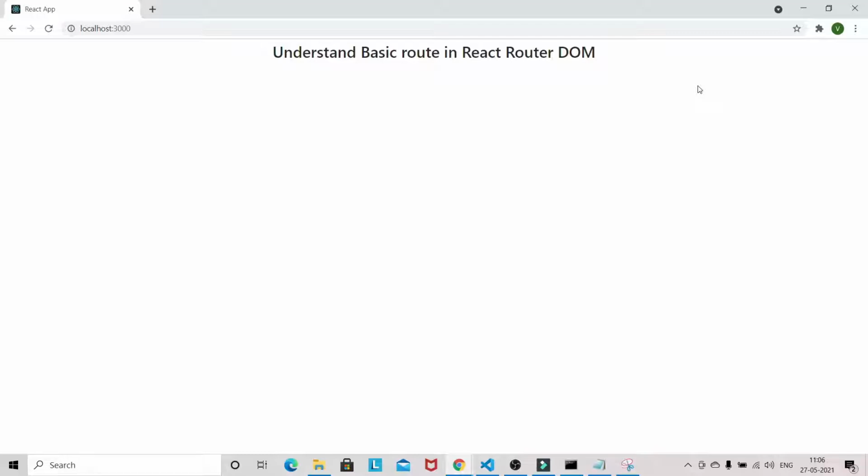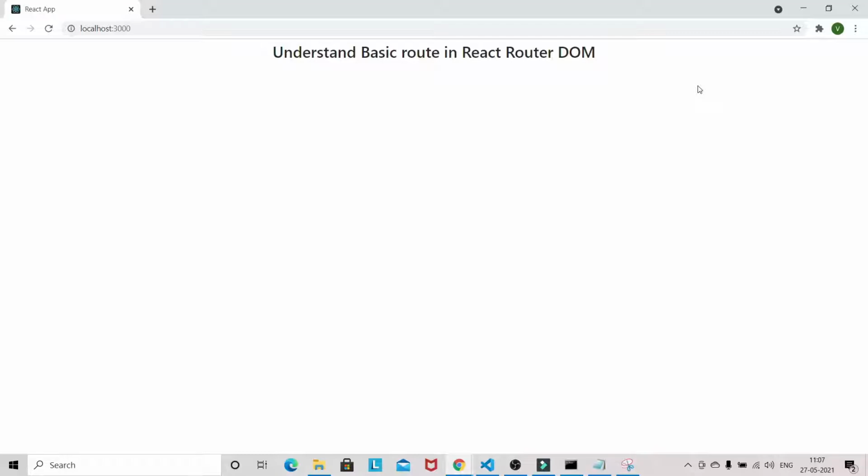Routing allows your application to navigate between different components, changing the browser URL, modifying the browser history and keeping the UI state in sync. Okay, so this is the basic definition of React Router DOM.